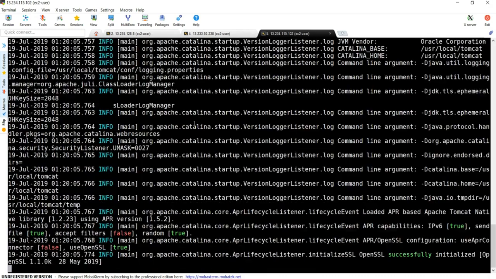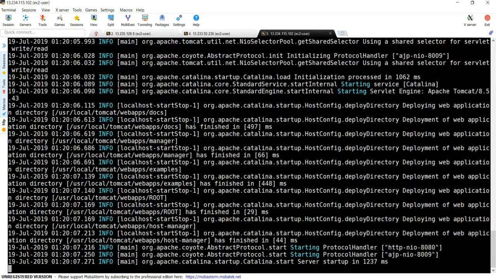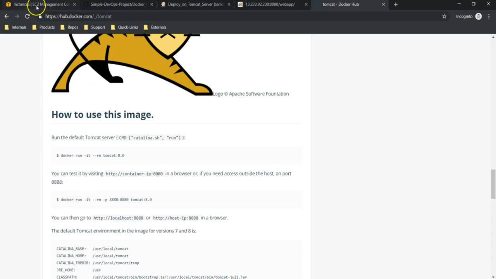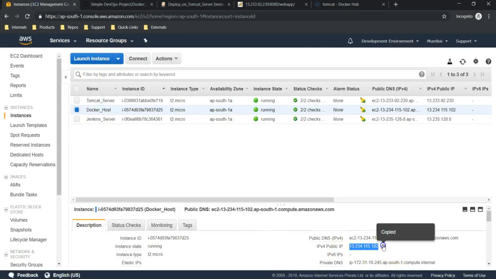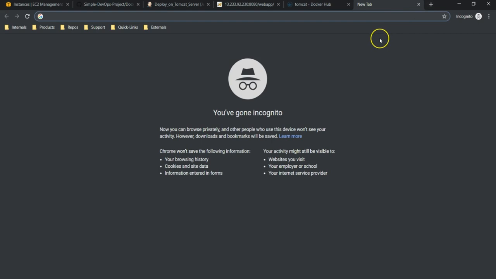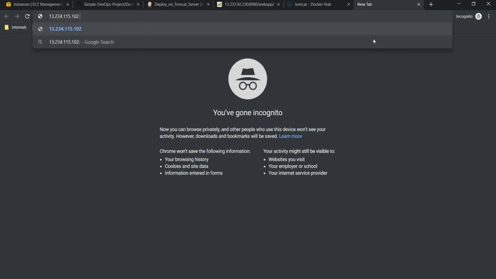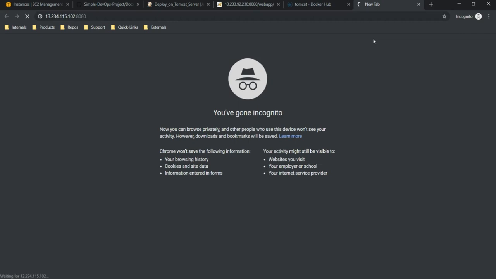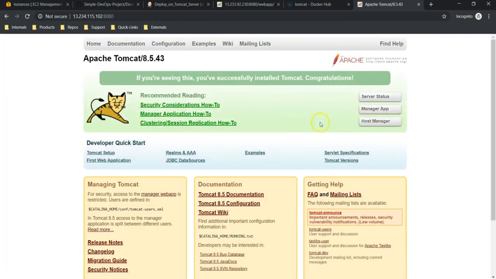Let's execute it, and it is going to create a Docker container and run in the foreground. Foreground is nothing but we are able to see it. Now let's try to access our Tomcat application from the browser. For that we should take the host server IP address followed by port number 8080. So let me take the IP address of our Docker host. This is the IP address of the Docker host, colon 8080. Here you can see we were able to pull the latest Docker image and it's running fine.